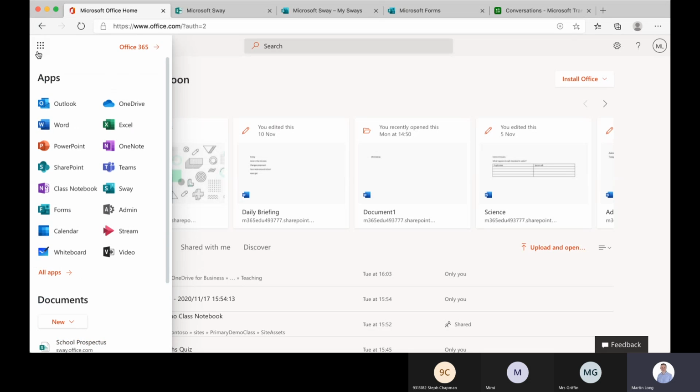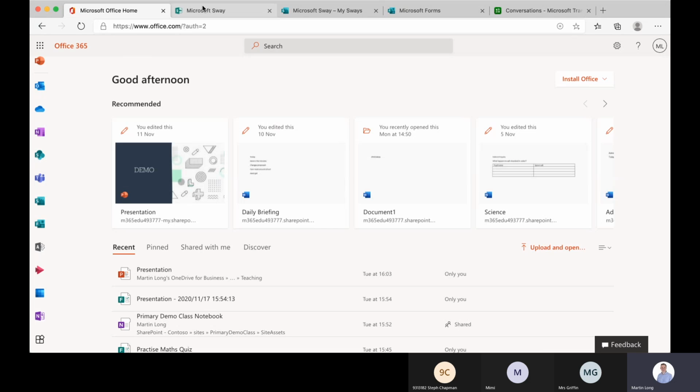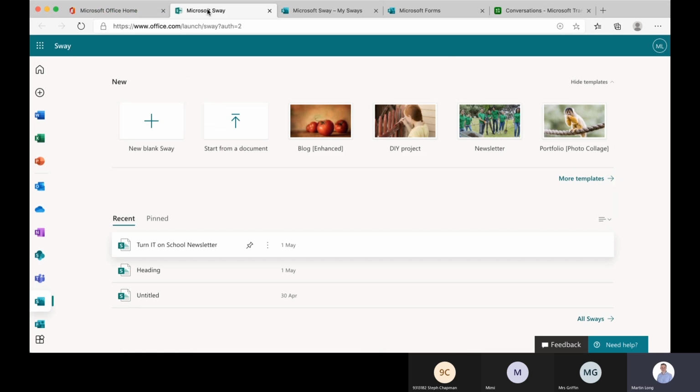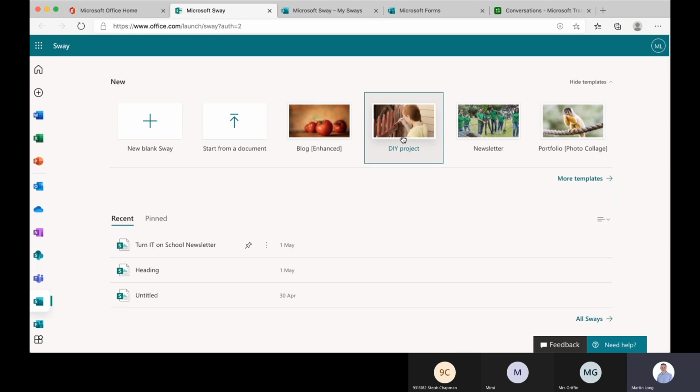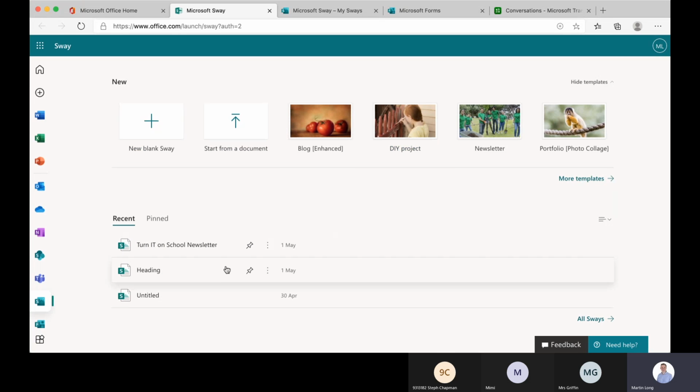So either way you can get to Sway, and when you launch it, it's probably easier to launch it in a separate tab, and you'll arrive here initially. This isn't the end point of where you are going to work for Sway, but what you can initially do is choose to start a blank one. Use one of Microsoft's many templates, and you can get to more templates there, but it will drop you into